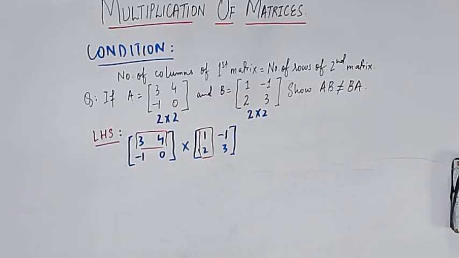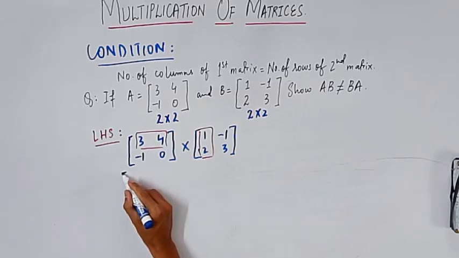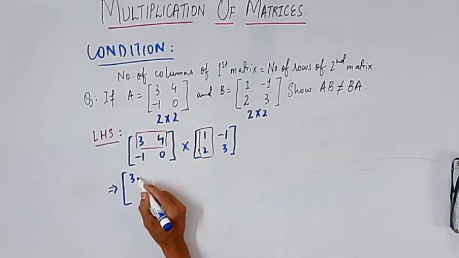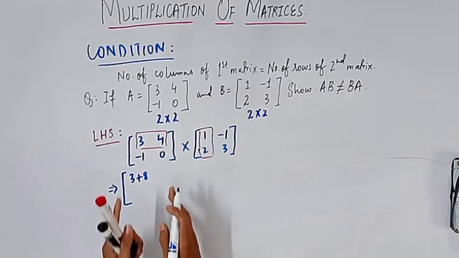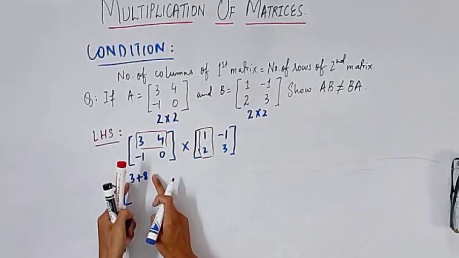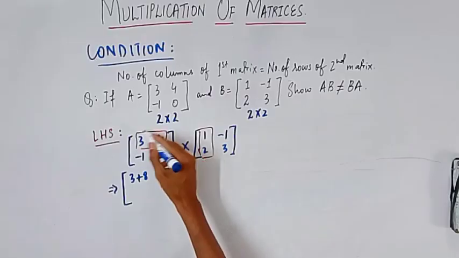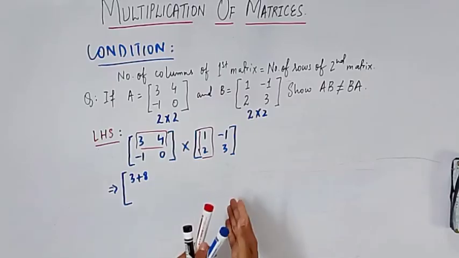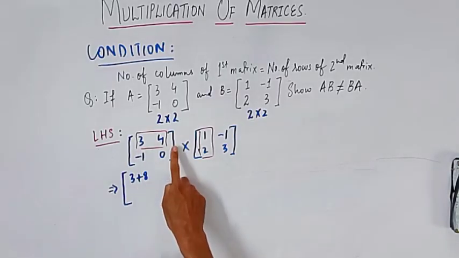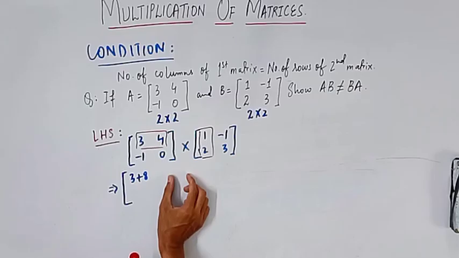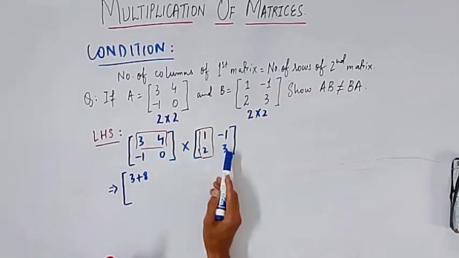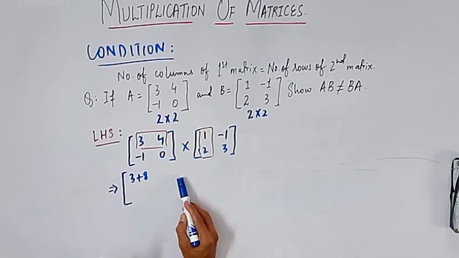So when you will multiply it, 3 ones are 3. Now I am doing it a little bit directly. 3 ones are 3, 4 twos are 8. Okay, and I told you that one row, one column will give you a single element. Now you will do again this row, but with this column, second column. Now it will give you the another element, but as it is the part of the first row, so you will write it over here in the first row. You will not move to the second row. Remember this thing. So first row, first column will give you the element of the first row, first column, and first row, second column will give you the element of the first row, second column.